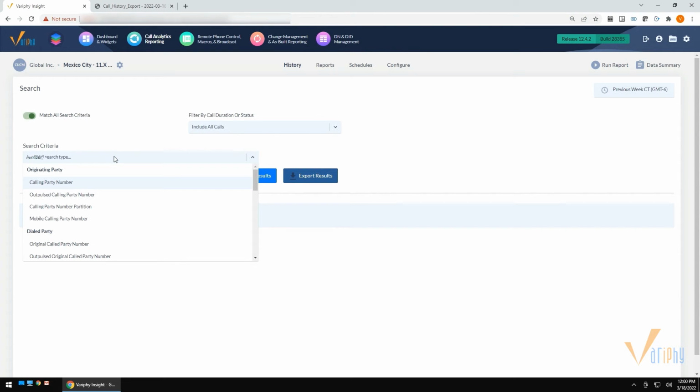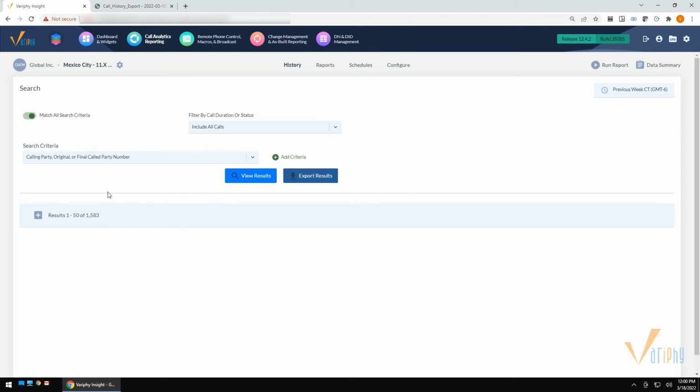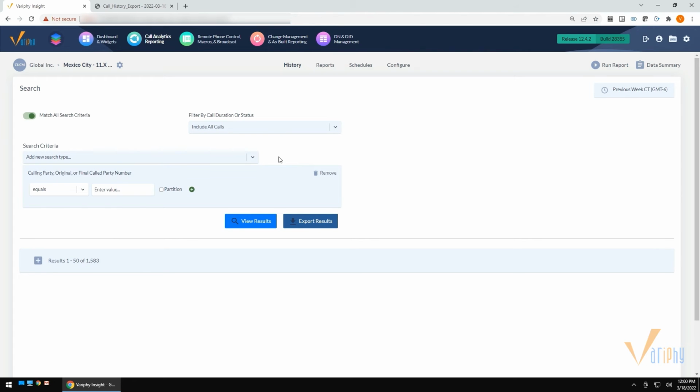Within the call detail, there are various fields that contain the word number. As I scroll through here, we flow in the way a call flows, starting with where it originated, to where the call went to, and ultimately to where this call leg terminated. In this example, I want to search for any call, inbound or outbound, to a particular number. For that, we utilize the combination fields of calling, original, or final called party number. This will bring back results for any call, regardless of the flow of the call, whether it was answered, transferred, forwarded, or rerouted. In this case, I'll search for this